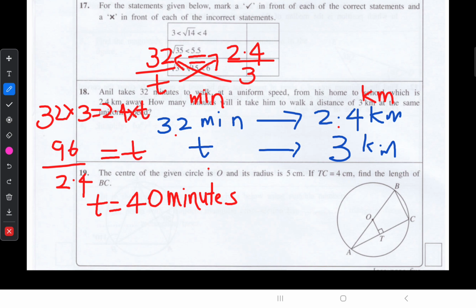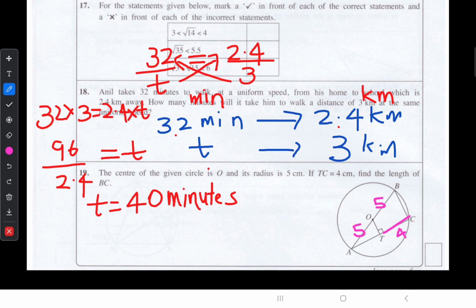Then finally we will discuss our last question. The center is given as O, radius 5. Radius 5 means this one is 5, this one also 5. TC equals 4. That means this is our TC, this is 4. Find the length of BC. Here you have to use two theorems. First one is